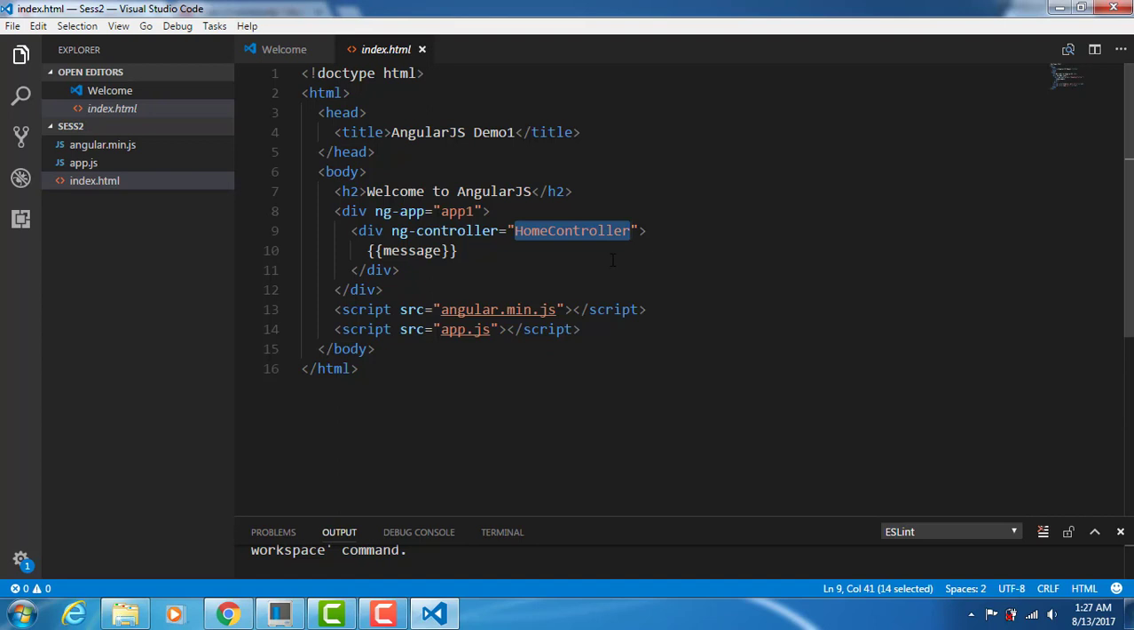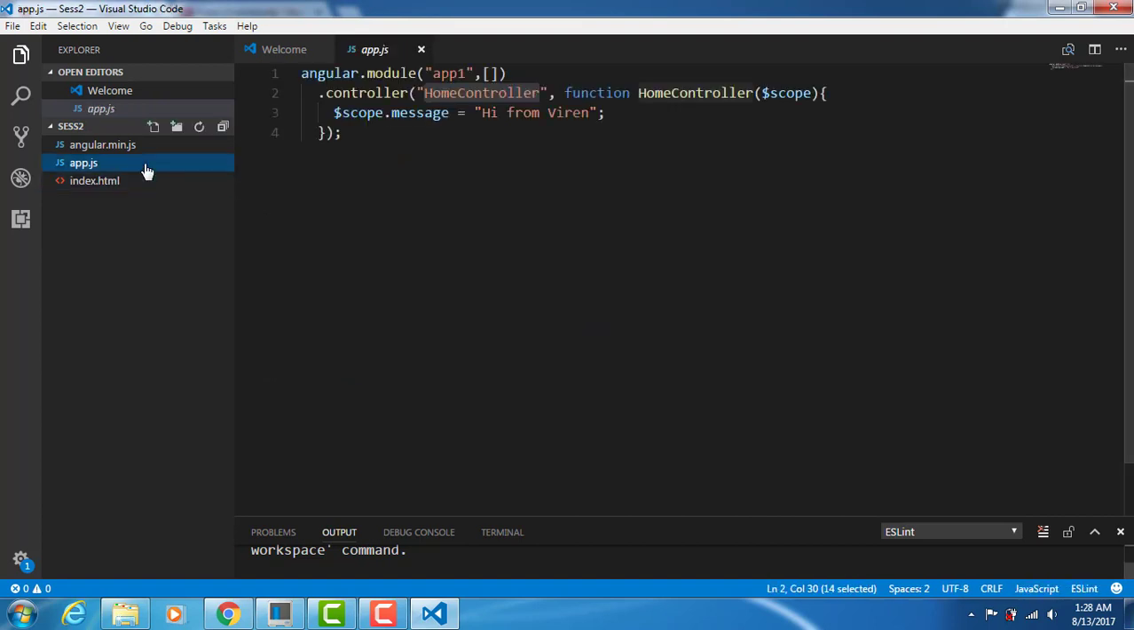Now what I like to follow is that I keep the names of controllers in Pascal case. So for example, here you see that in this name H and C both are capital because home and controller are two different words. So for every different word that you have in the name, you start with a capital letter. And mostly for modules, we keep either totally small case or camel case. Okay. Now coming to this file,